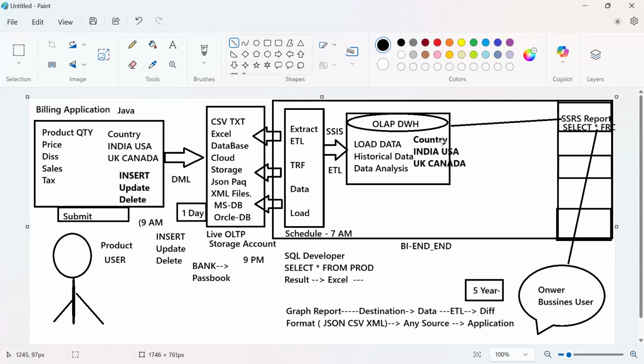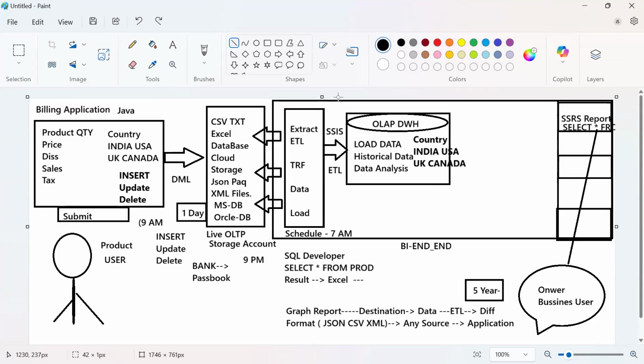But the problem here is you have a huge volume of data. See, when you go to a godown or inventory, you may find a lot of products there. To search for a product, you take time, right? Definitely you will take time. There are huge numbers of products in one place, and to find a specific product it will take time. Similarly, here also it is a data warehouse. If I am working only on an India country report, I may take time to search the records of India.